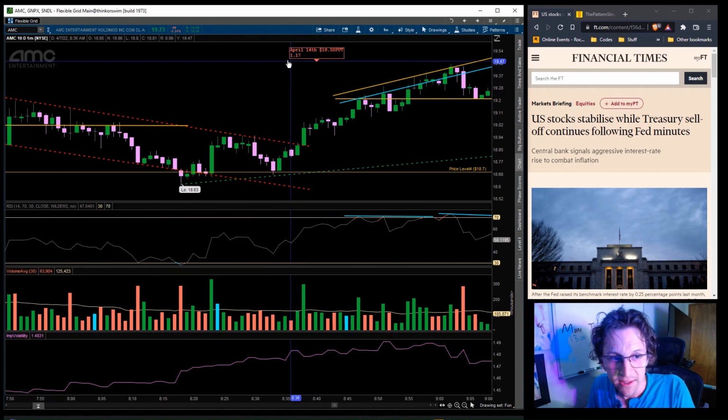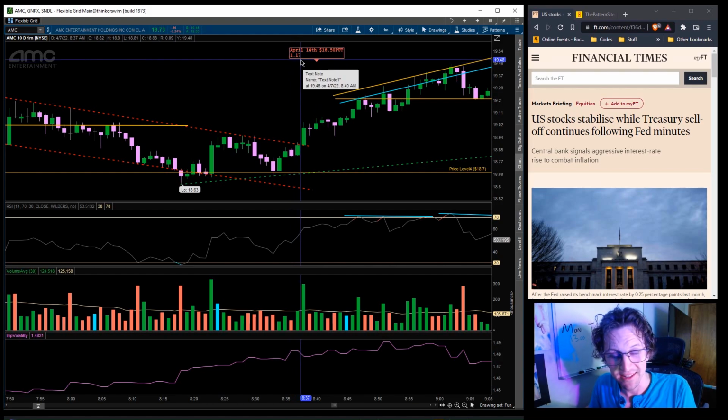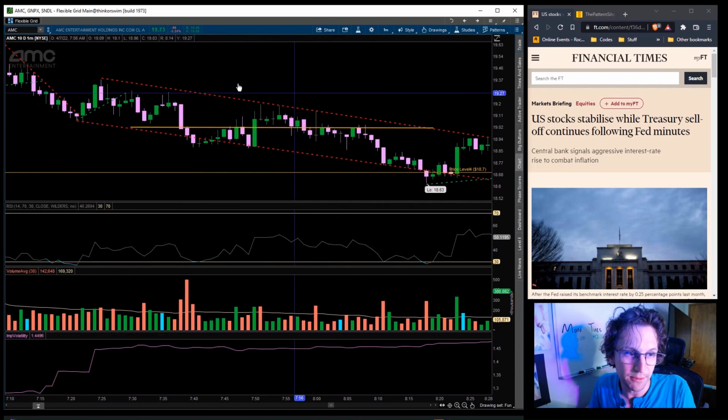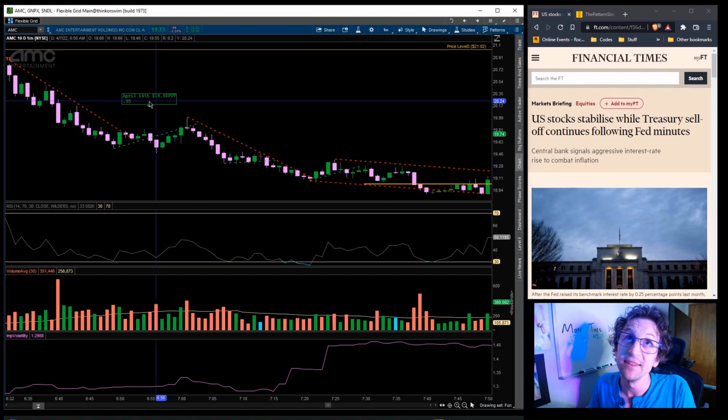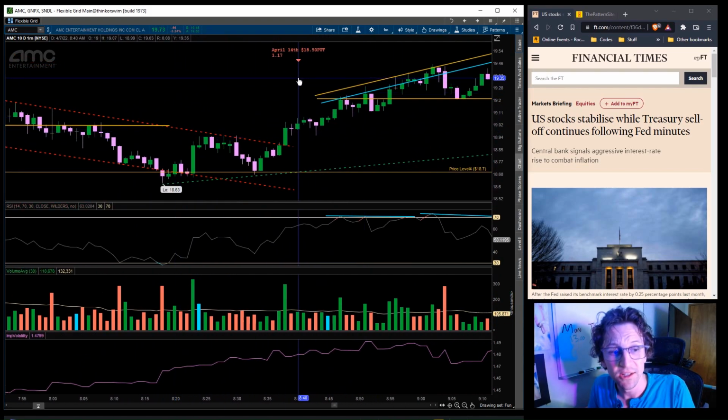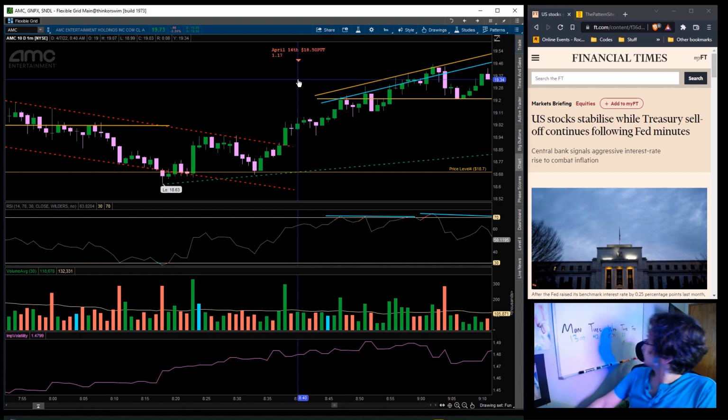And so this is in red because I sold it. If you turn on the trade buttons here, you can see buy is in green, sell is in red. And that's how I have these options labeled as well. So I bought that put. It was an April 14th, 1850 put for $95, and then I sold it later in the morning for $117. That's a $22 profit. That's a win for me.